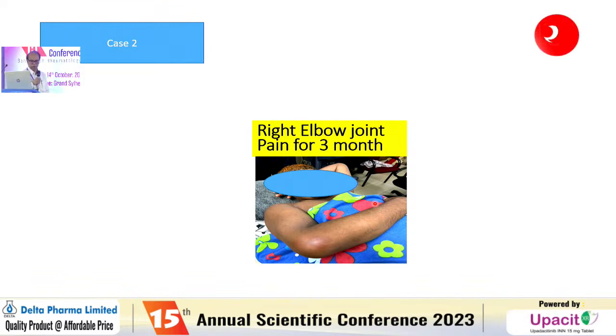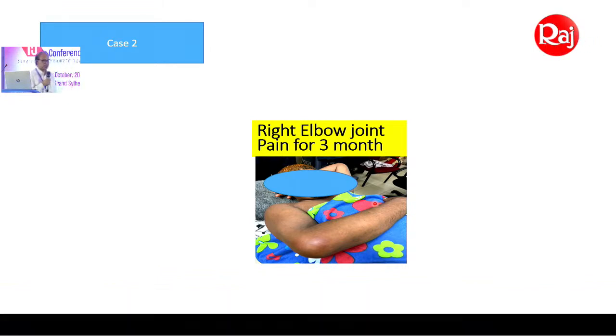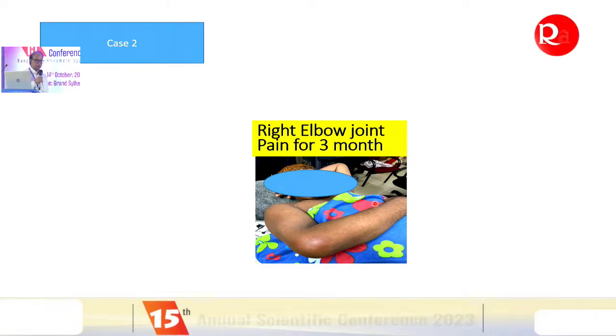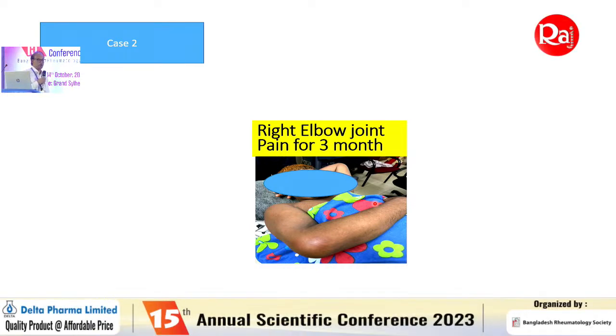Another scenario: right elbow pain for 3 months without any trauma. Again, detailed history and meticulous examination. Detailed history includes all the joint involvement, history of other joints, any comorbid disease, and meticulous examination and relevant investigation shows